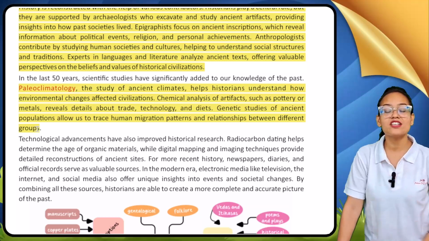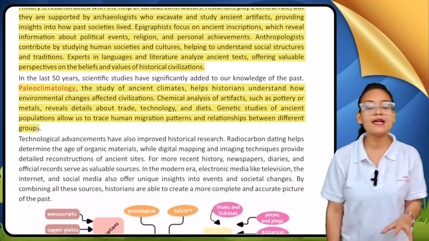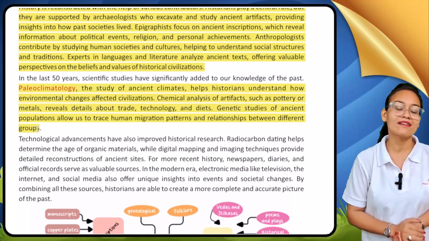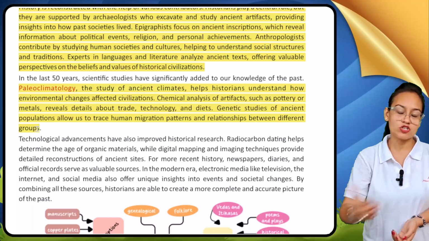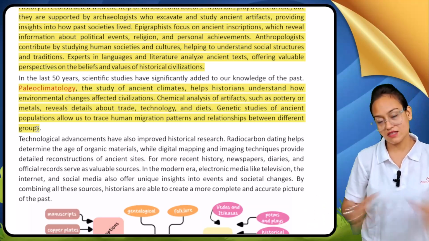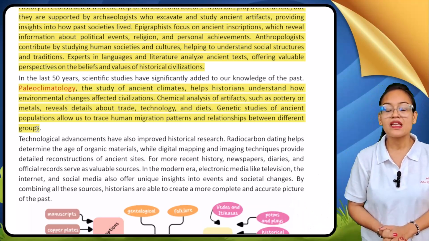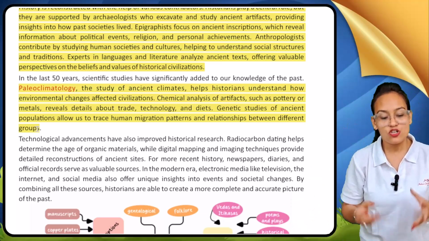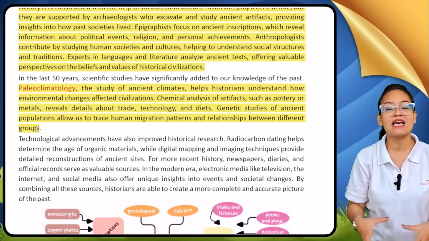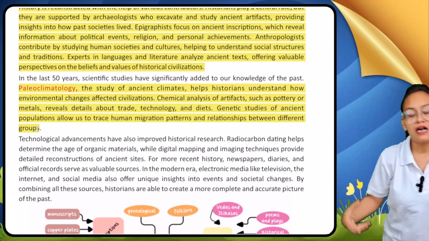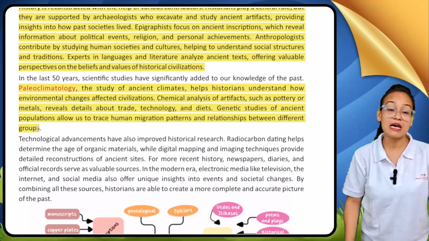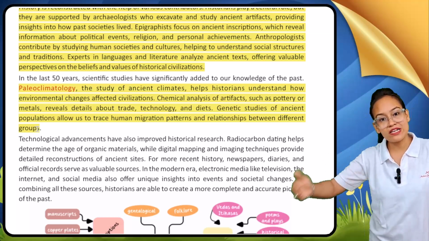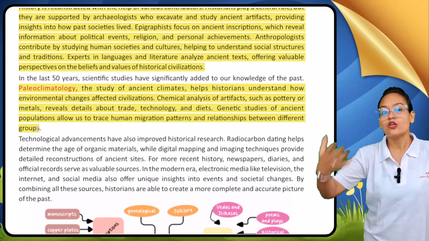And why have they vanished? Actually, it is a major thought, a major thinking, that due to significant climate changes, these civilizations went extinct. People were forced to leave their places due to the climatic changes. So paleoclimatology is a branch of history which studies the significant climatic changes that forced civilizations to vanish, or forced people to leave their place.